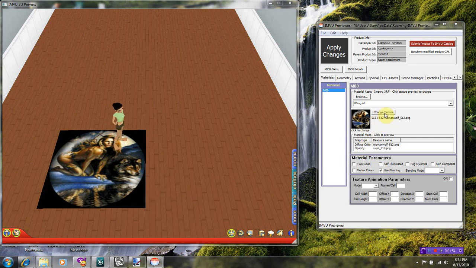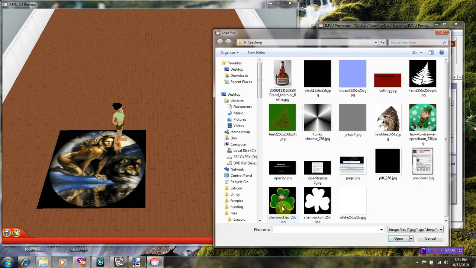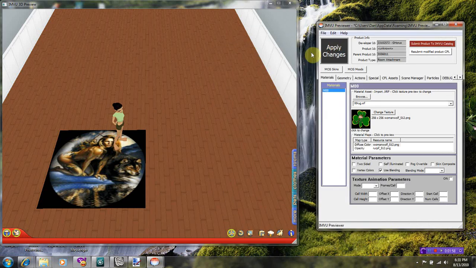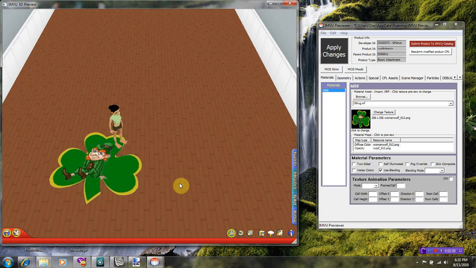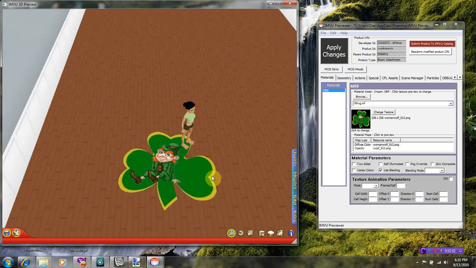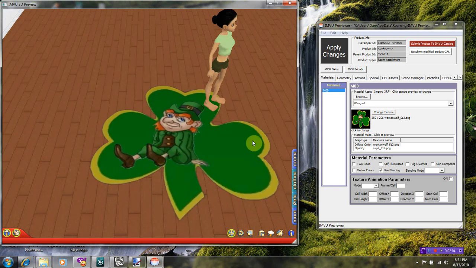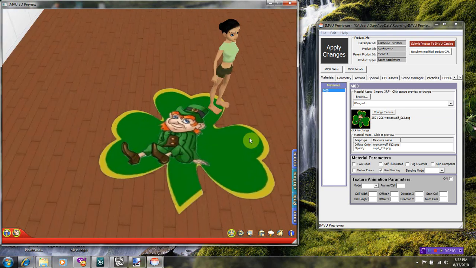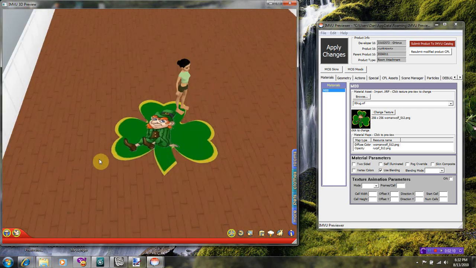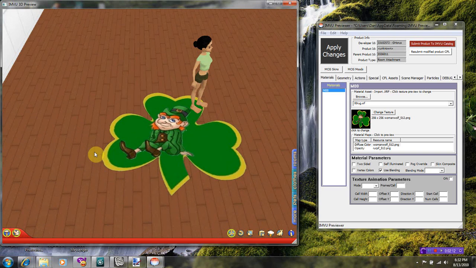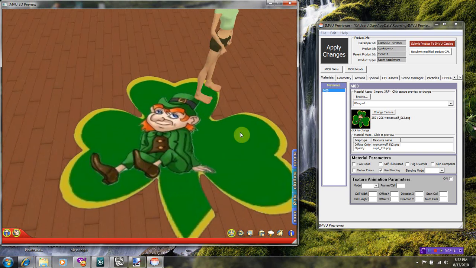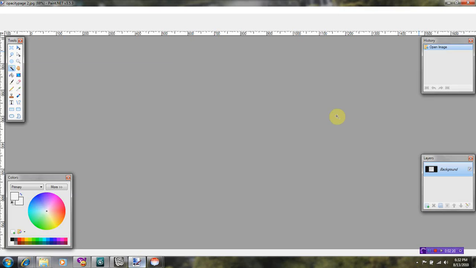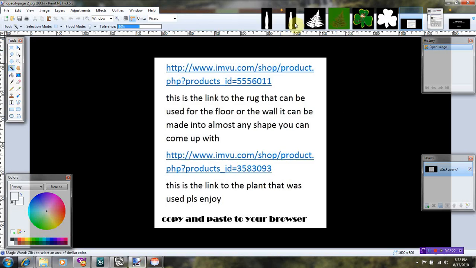But if we change the diffuse color to match the opacity and hit apply, what do we have? You can change many different things, plants to bottles to windows to all kinds of things with your opacities. I encourage experimentation to see what you can do. How do we make an opacity? I'm going to try to give you a quick